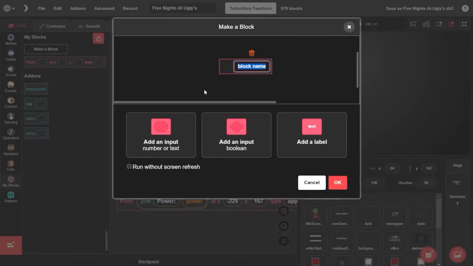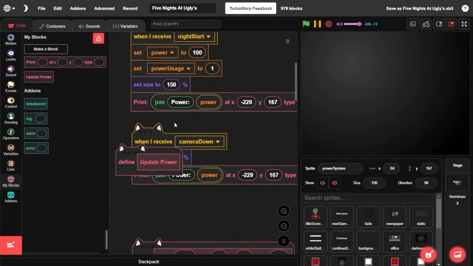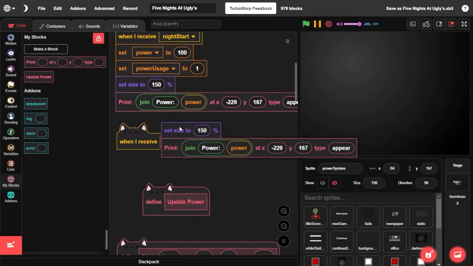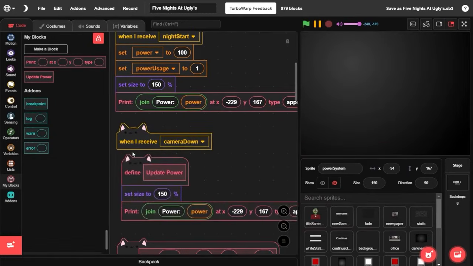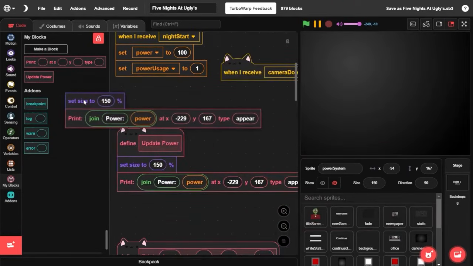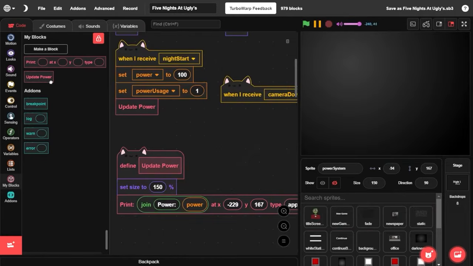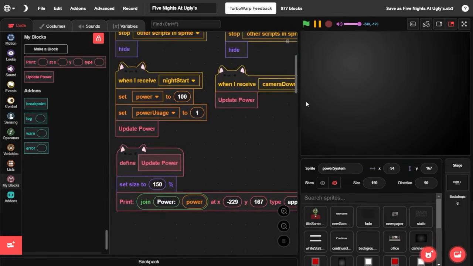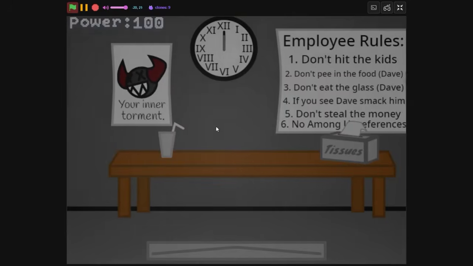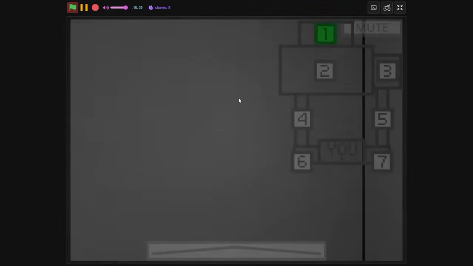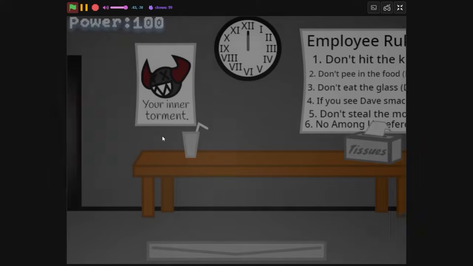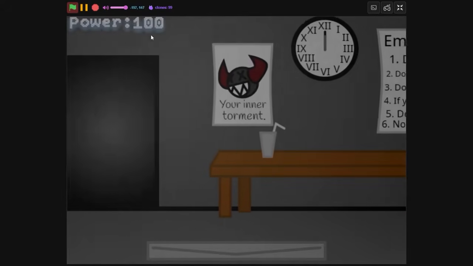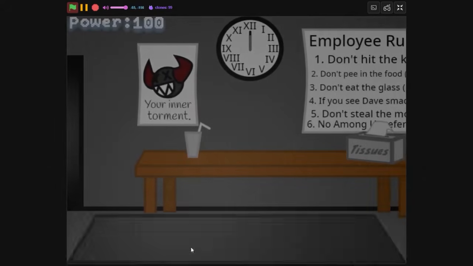If we go to my blocks and create a new block and call it update power. In update power, we're going to have just be set size and our power script. Now we can remove what we made here, put update power underneath night start, and when we receive camera down, just run update power. The power shows up when we open up the camera, it disappears. When we close the camera, it reappears, but you'll also see that it does it a whole bunch,